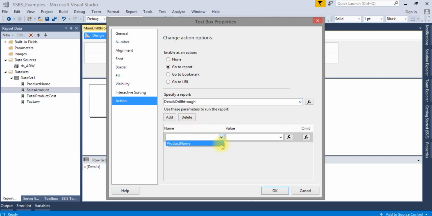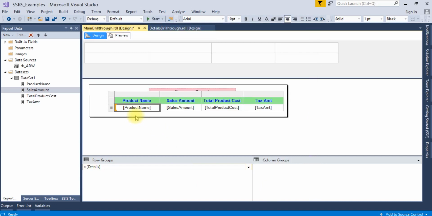The left side will show the receiving parameter name. Here the product name is the parameter name from the details report. The value will be the product name. Based on the product name, it will show you all the details. Click on OK.